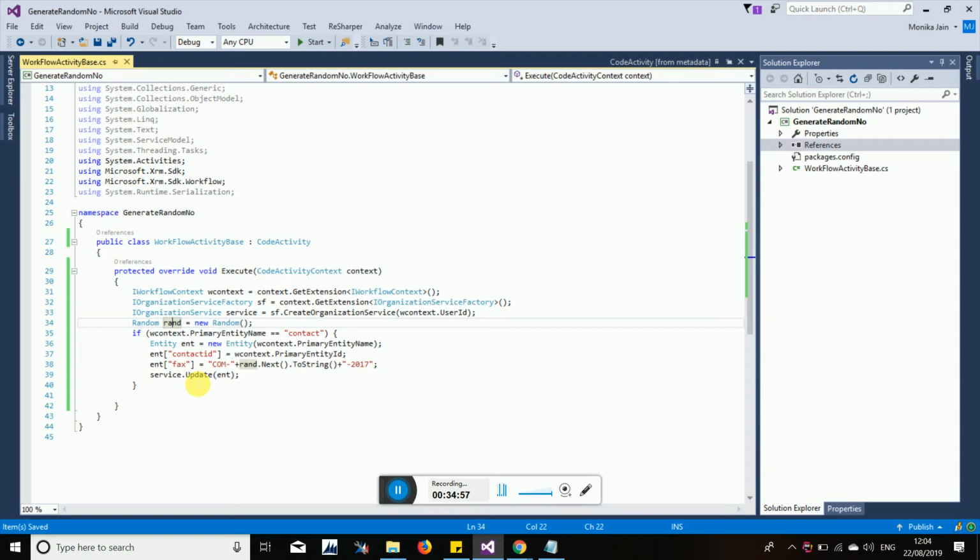Because you have the GUID, you can retrieve also. You can perform a retrieve single operation. Like this, you can retrieve the date of birth, and after retrieving the date of birth, you can find out the age. From the date of birth you can get the age, and then you can perform whatever operation you want. Understood? That is how you would be performing the operation.